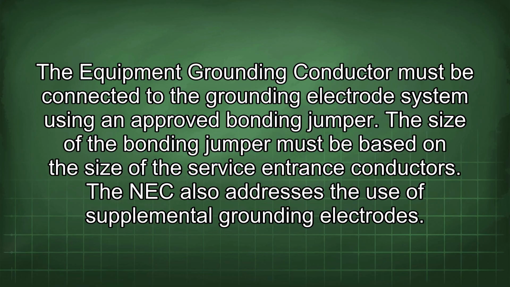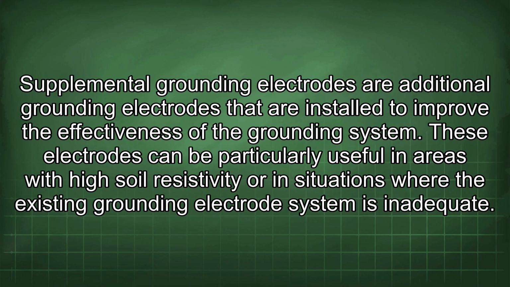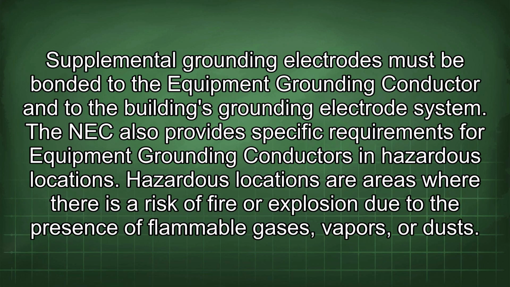The NEC also addresses the use of supplemental grounding electrodes. Supplemental grounding electrodes are additional grounding electrodes that are installed to improve the effectiveness of the grounding system. These electrodes can be particularly useful in areas with high soil resistivity or in situations where the existing grounding electrode system is inadequate. Supplemental grounding electrodes must be bonded to the equipment grounding conductor and to the building's grounding electrode